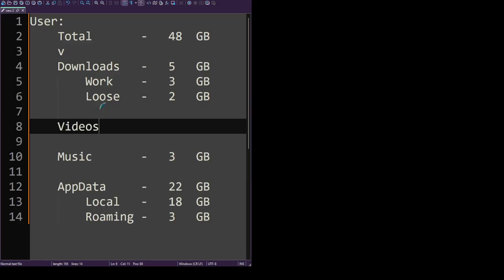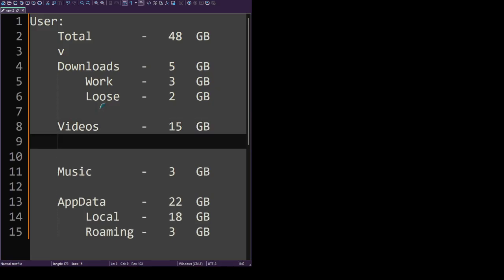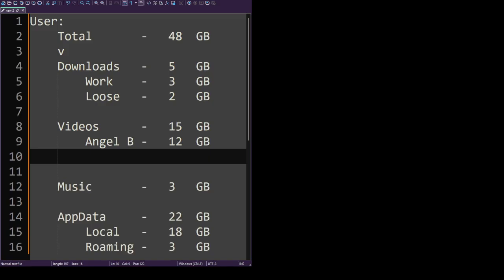So videos, that is 15 GB, out of which I think 12 is Angel Beats, and then other stuff combined is 5 basically. So this is like OBS and NVIDIA. I'm calling it 5. As you can see, it's not matching up, but